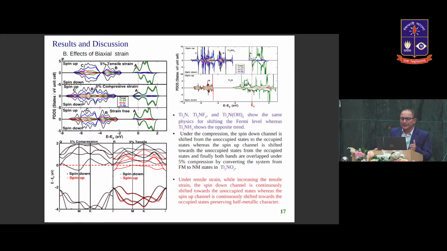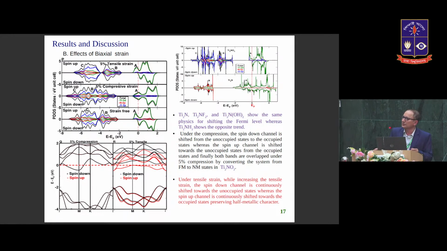When strain is used in the Ti2N, Ti2FN, and then OHN, they show the same kind of physics. So we no need to go towards these systems. So we went towards the Ti2NOT systems. In Ti2NOT, when we are using the compressive strain from 1 to 5,